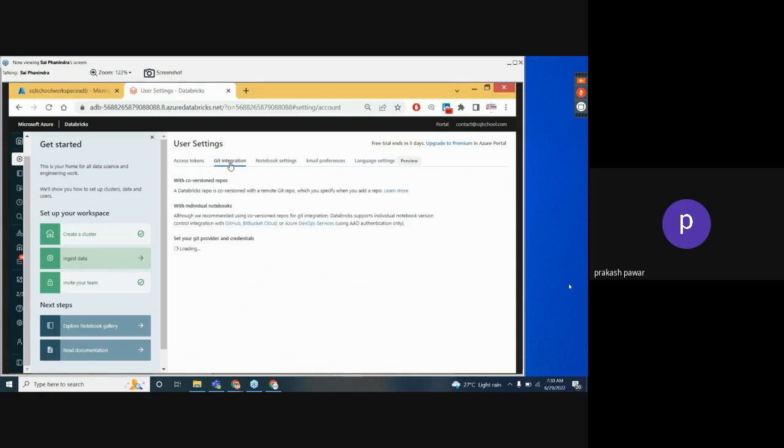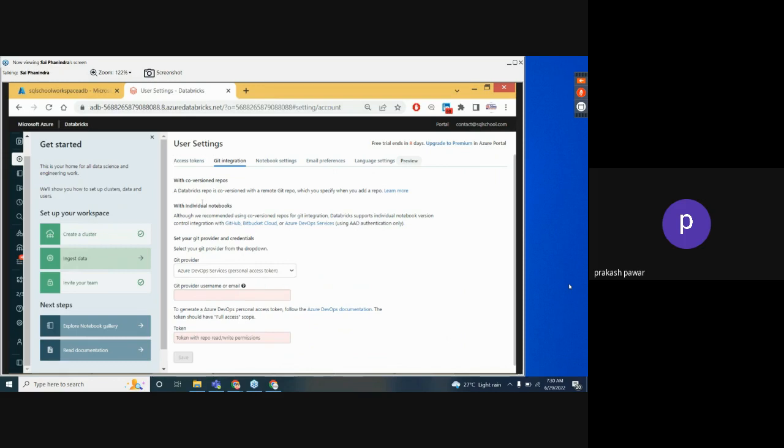So apart from user settings for tokens, in case you have DevOps, the participants are going for DevOps, you have options for Git username or Git email. That Git username or Git email can also be granted permissions at workspace level as well as notebook level, but not at service level. I repeat, in case of DevOps,